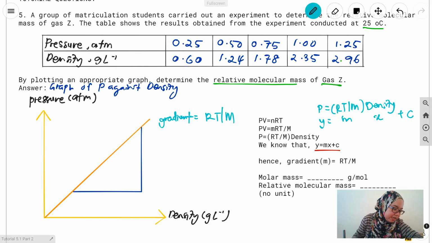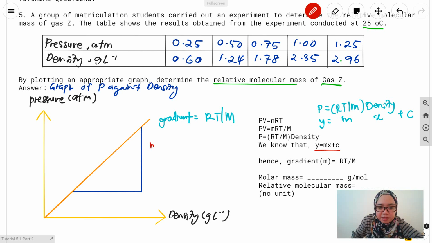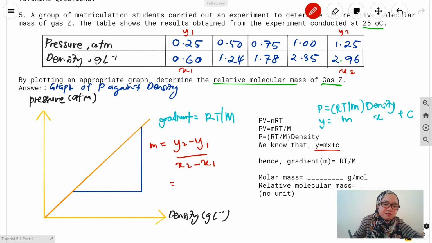So you need to find the molar mass, the M. So what we are going to do, we need to find what is the gradient. How to find the gradient? To find the gradient, m, like in physics, y2 minus y1 over x2 minus x1. So this is y2, this is y1, this is x2, this is x1. You calculate, you will get around, I'm not sure, 0.4237,